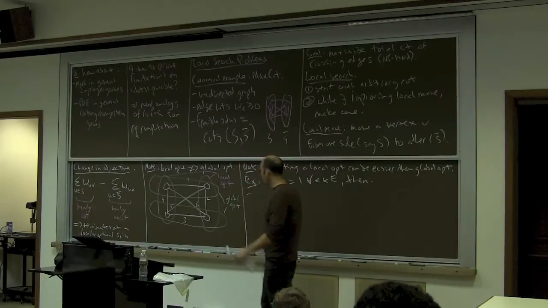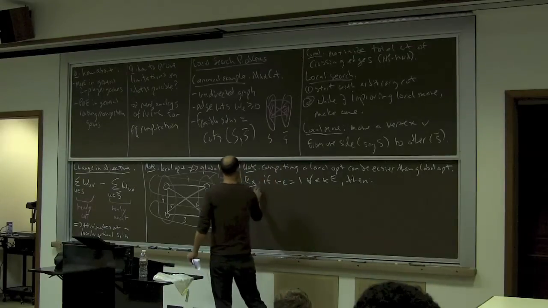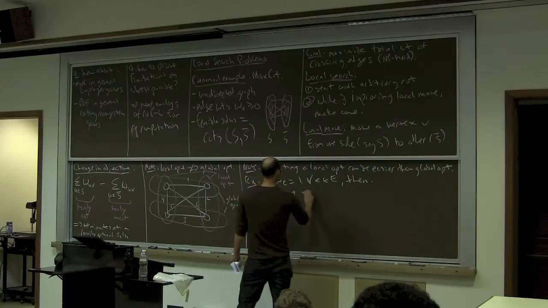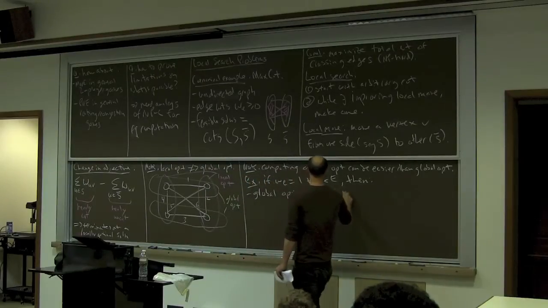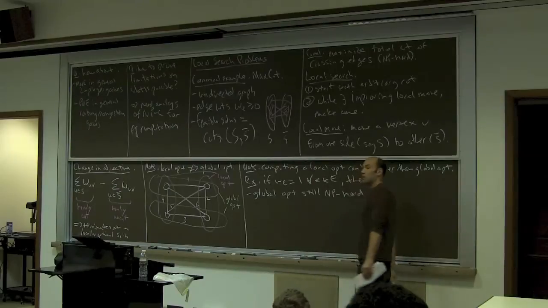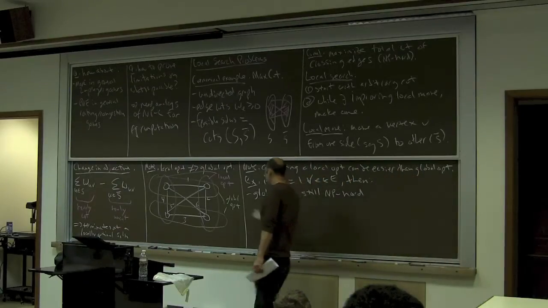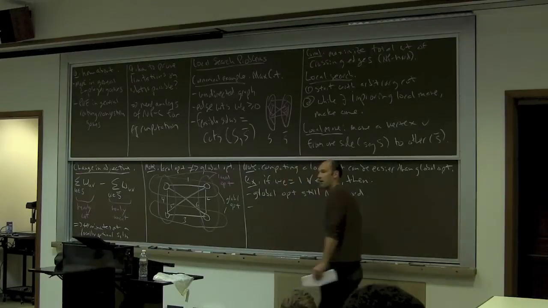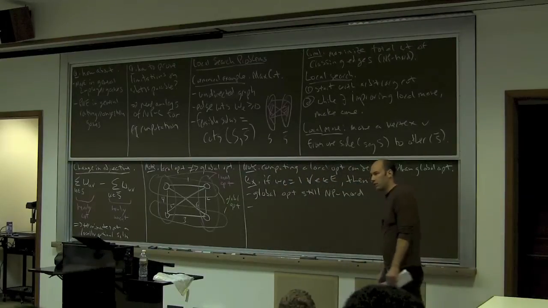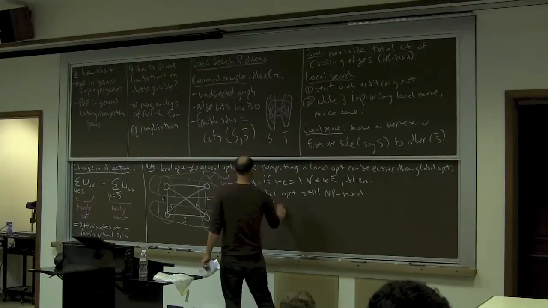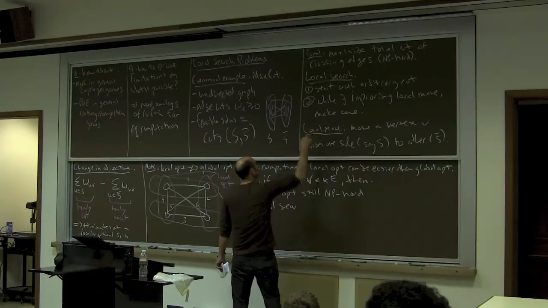So one fact, which I hope you find easy to believe, is that the problem is still NP-hard in this case. If you really wanted to find the best solution, it's an NP-hard problem. But finding a locally optimal solution is not hard, if all the weights are 1. In fact, I claim if you just run local search, this algorithm here,